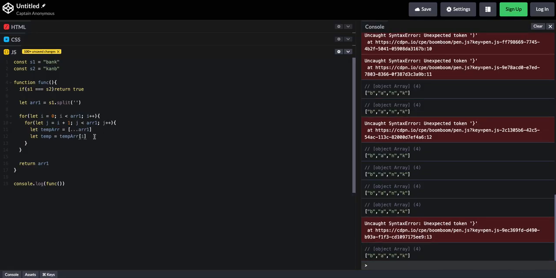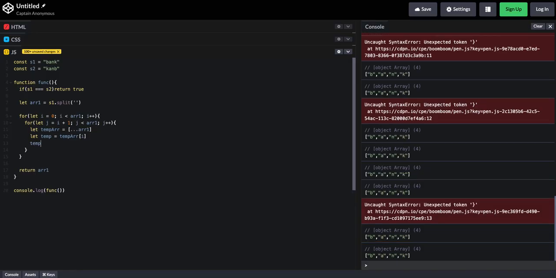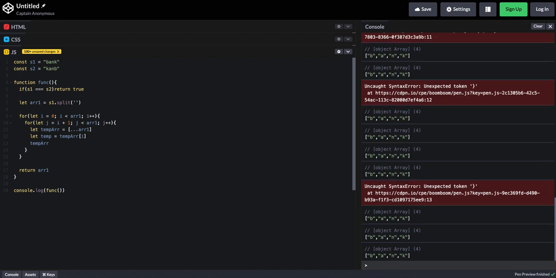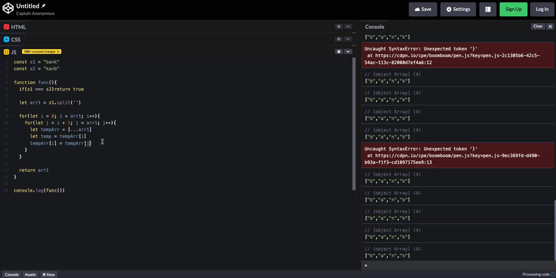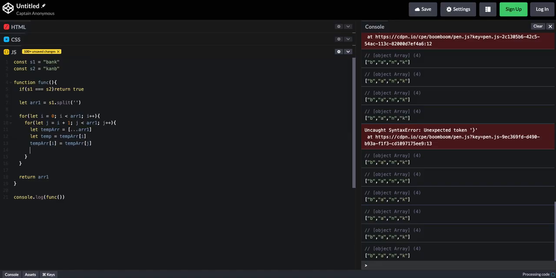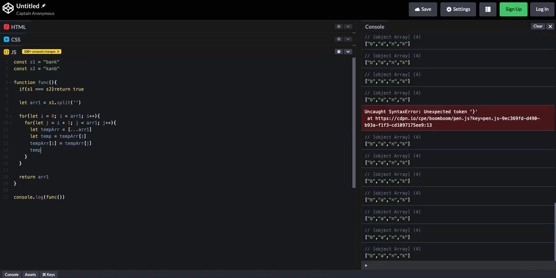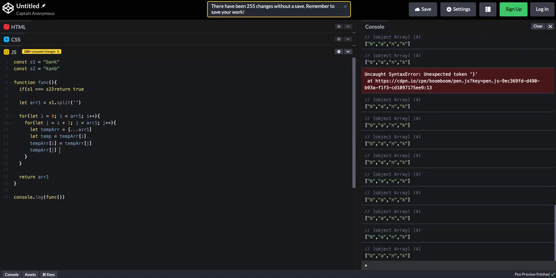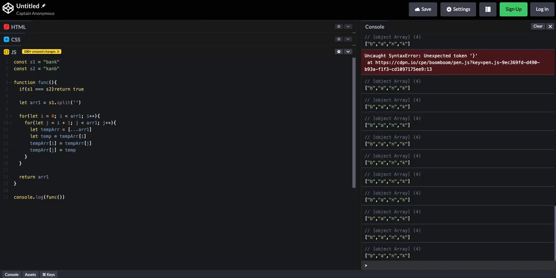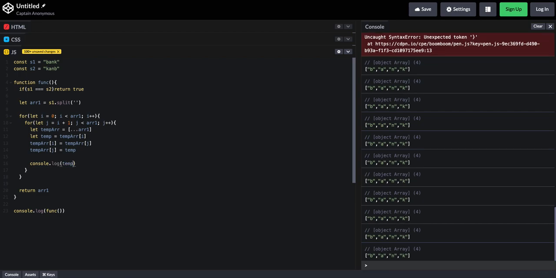And now what we can create is another variable called temp. This is going to be a temp element in the temp array. I'm going to say temp array at i. Now what we can do is reassign temp array at i to temp array at j, and then we can assign temp array at j to temp. Okay, so now if you console.log temp array,